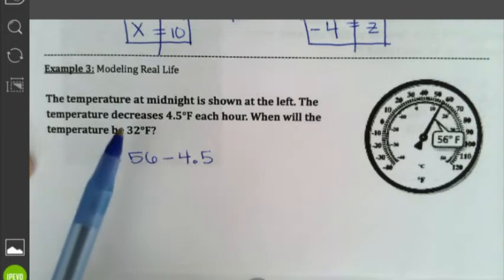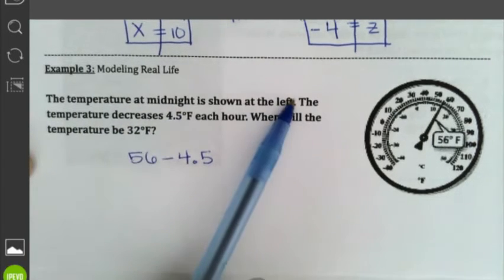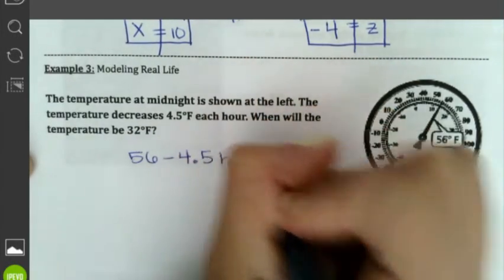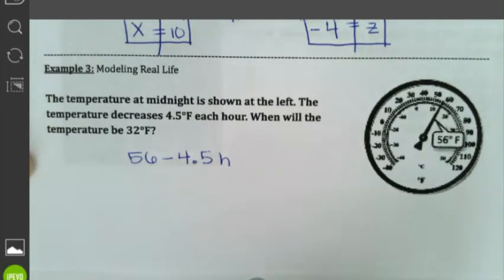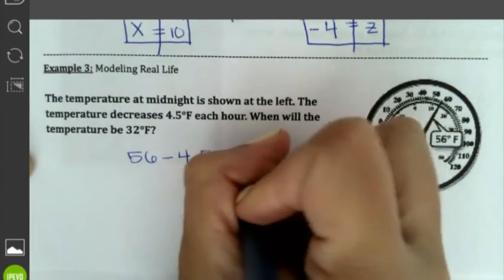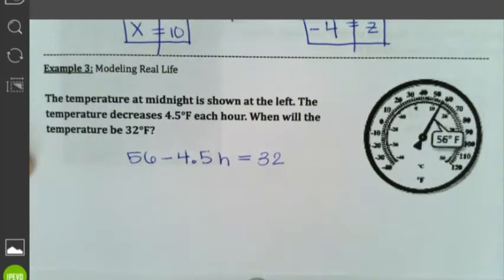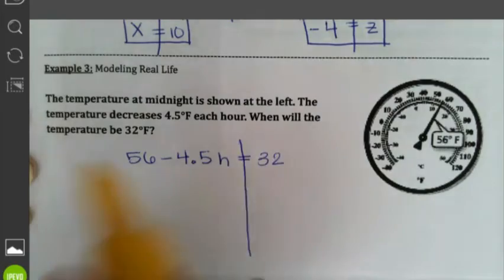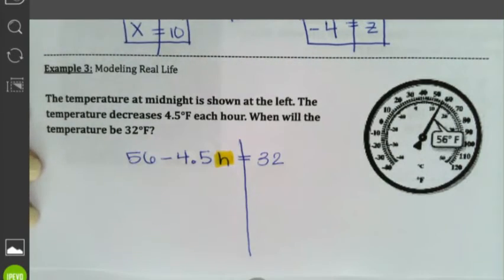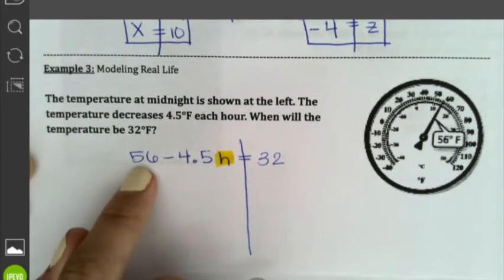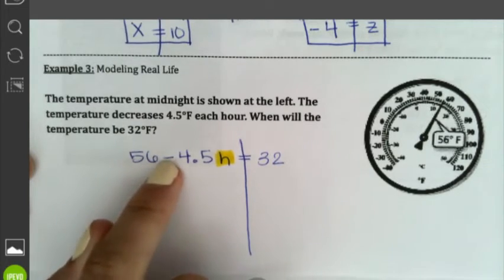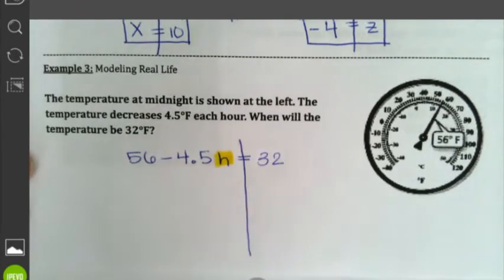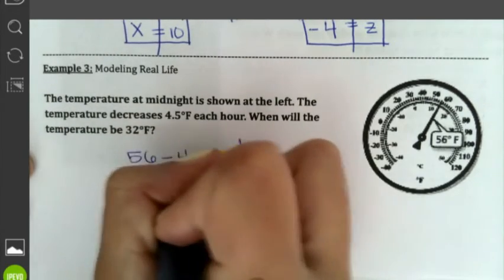Now let's see. The temperature at midnight is shown, and we want to know how many hours, so I'm going to say times h to represent how many hours, because we don't know, it doesn't say in the problem, will we result at 32? This is a two-step equation. We've done those before. Let me remind you, we're going to use SADMAP. So we're going to get rid of this number 56 because it is being subtracted by the term with the variable in it. Now this is a positive 56, and I'm actually going to do keep change here,